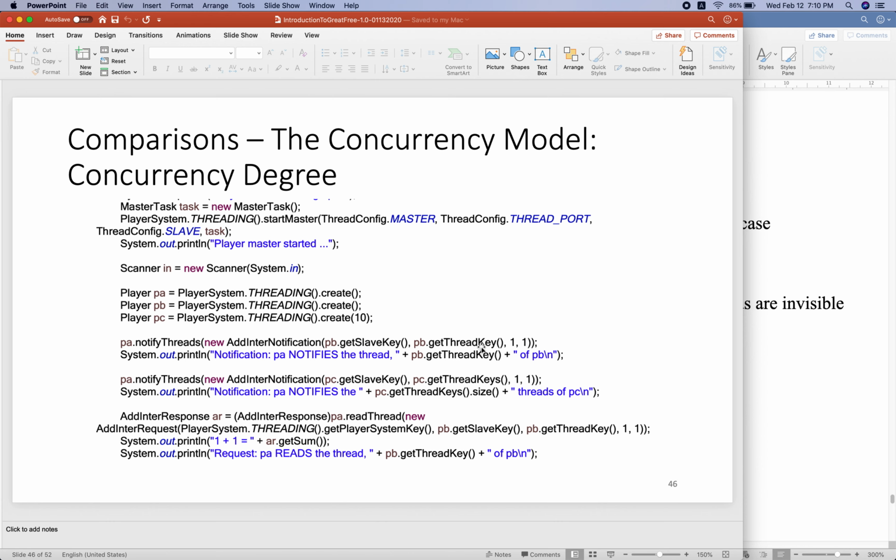We can get a thread K, and then these two numbers are added. So this thread will execute this task 1 plus 1. That means PA can control this thread, can interact with another thread, and both of them can work together.